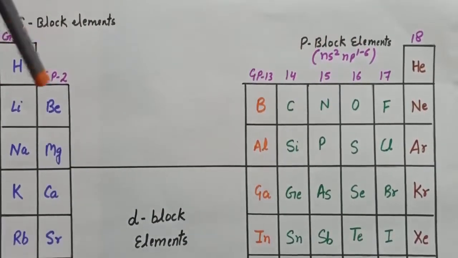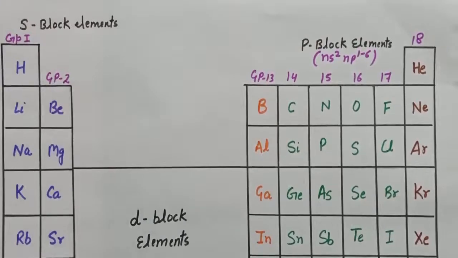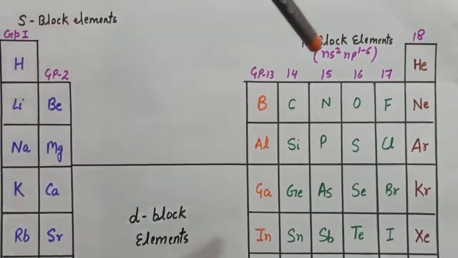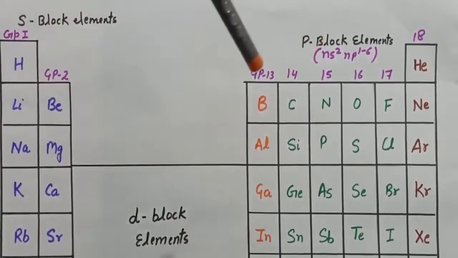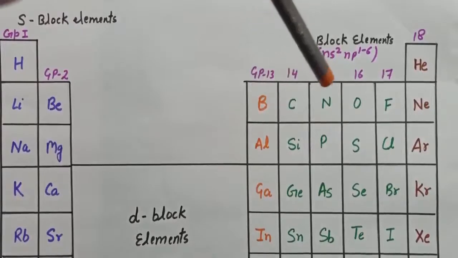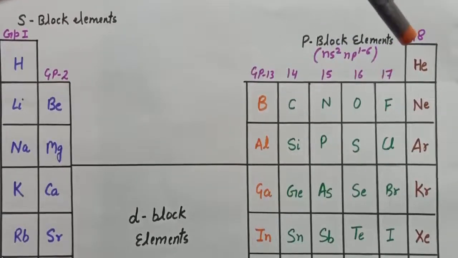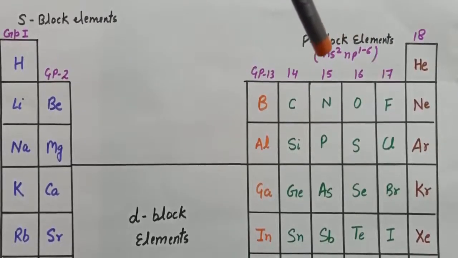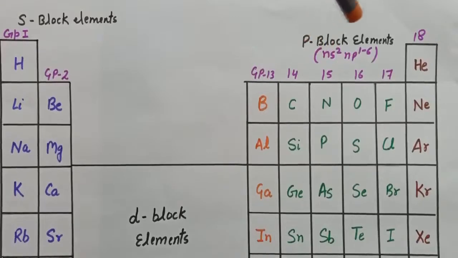Now Group 1 and Group 2 are known as s block elements, and in p block elements we have 6 groups: 13, 14, 15, 16, 17 and 18. So 6 groups include p block elements, and the general electronic configuration for p block elements is